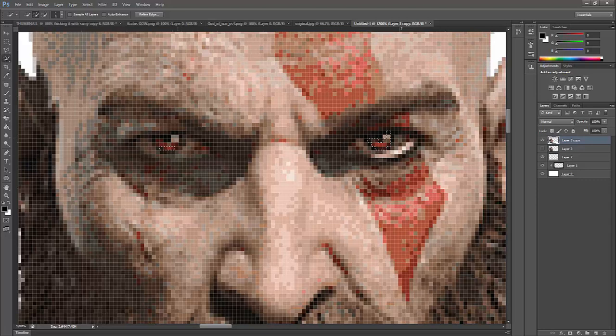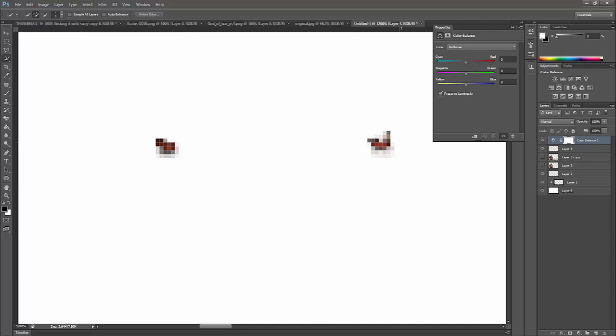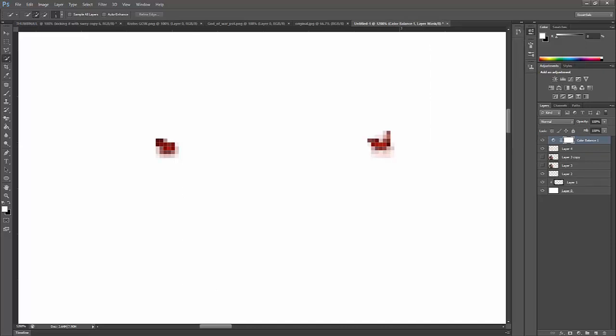This eye always gets me for some reason. I can never get it right. I'm just going to work with that. So then I'm going to hold Control C, Control V, and that's just duplicating the eyes and the color of them. Then I'm going to come up to the adjustments over here, go to color balance, all the way red for mine because his eyes are red, orangey red, and then